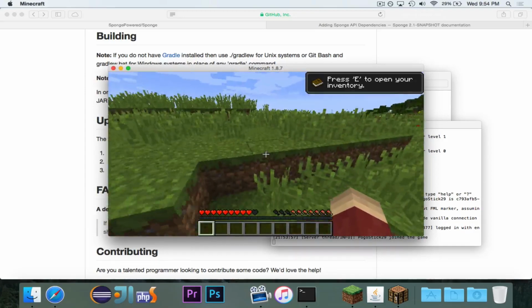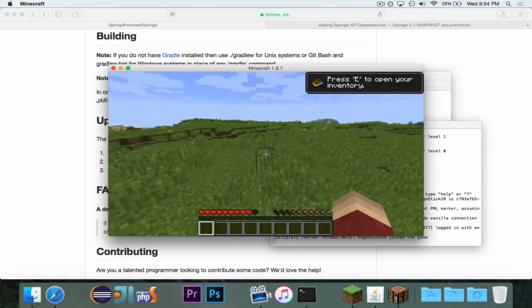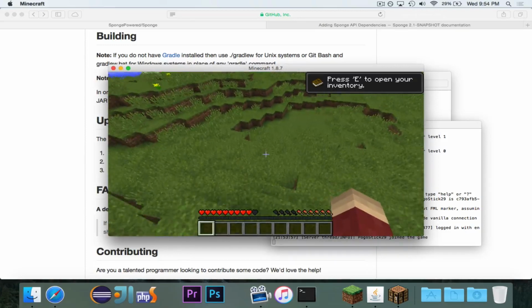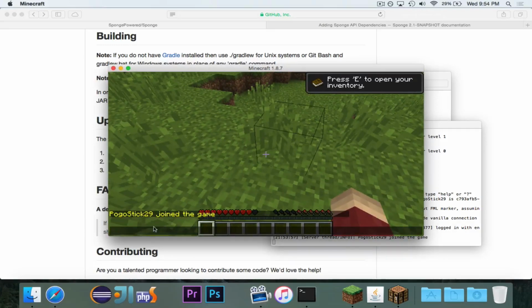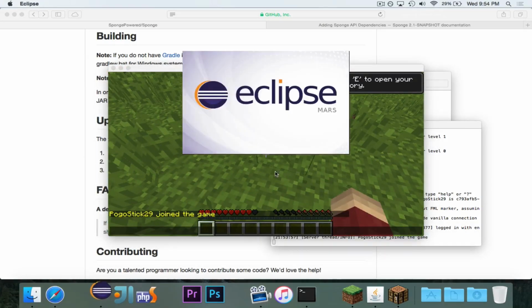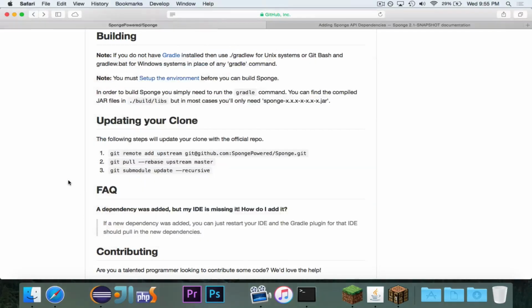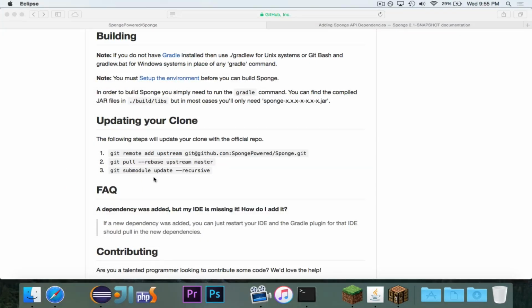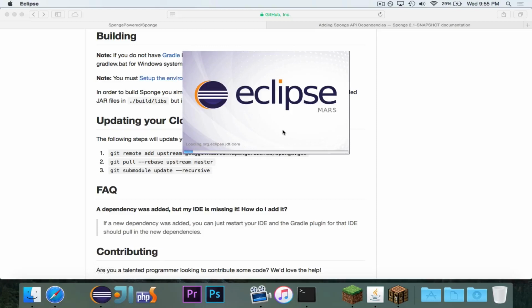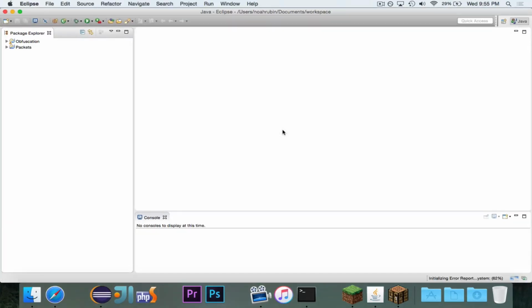Okay, so let's actually make a plugin. Now you'd think that it would be simple, like making a Bukkit plugin, but it's not. Let's go take a look at how to do this. I'm going to leave that open in the background, and over here I want to fire up Eclipse. Now, I tried this before, just making a normal project and then adding the Sponge API to the dependencies and then writing my class and everything, and it was giving me weird errors. I don't know why.